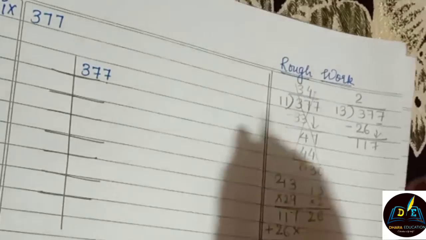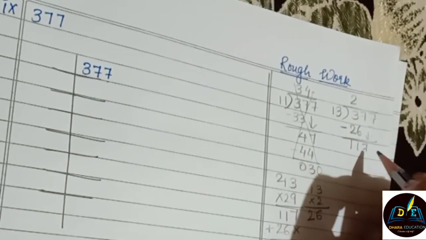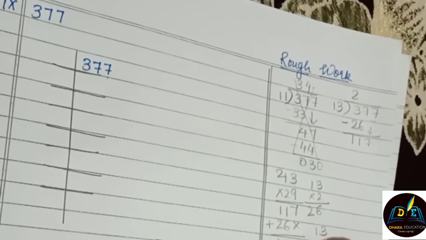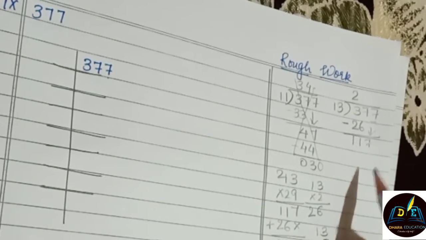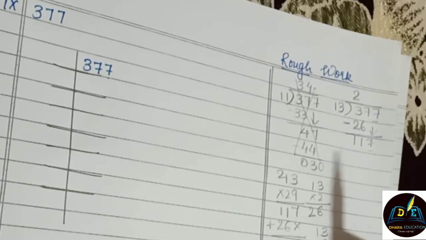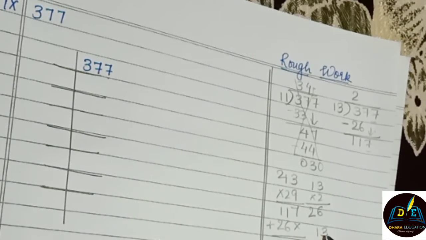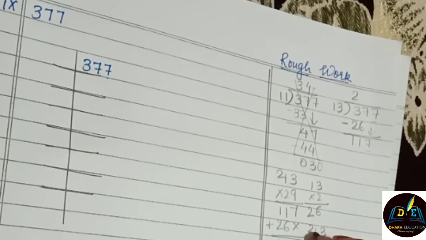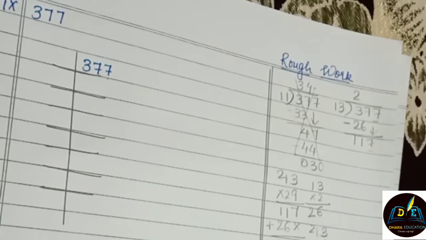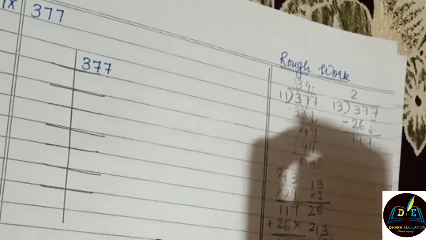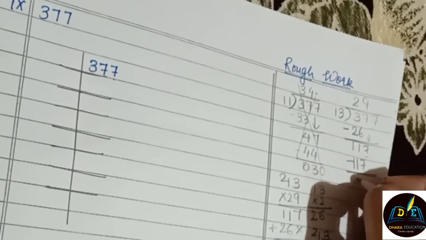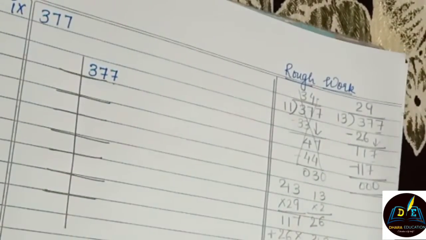27, yes, 117 will come, right? Okay. Now in the 13 table where will the 117 come? 13 multiplied by 9. As I know the unit place is 7, we can conclude that we have taken 9. That is 9 3s are 27. 9 1s are 9 plus 2 gives you 117. Exactly. So we have to take 9. So 13 9s are 117. So this is the answer.